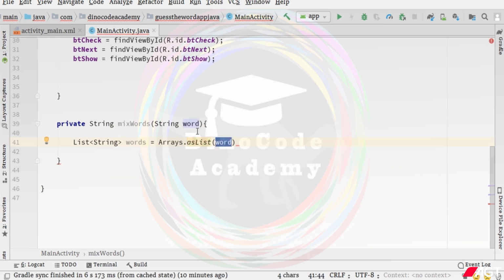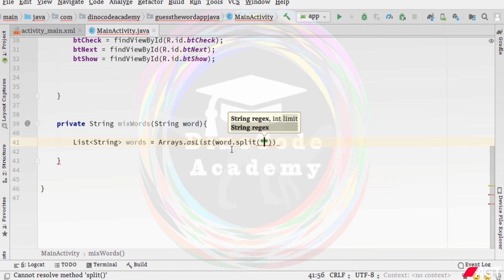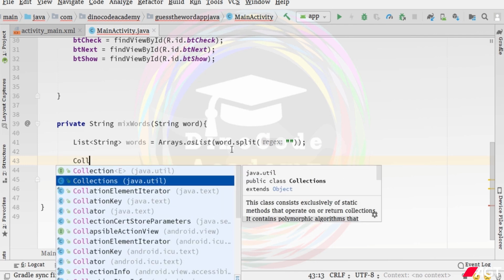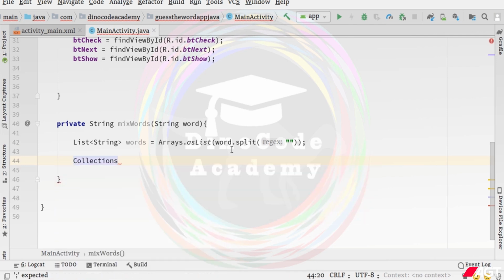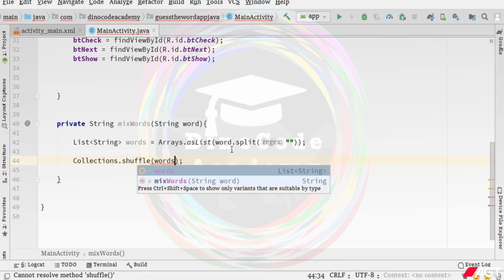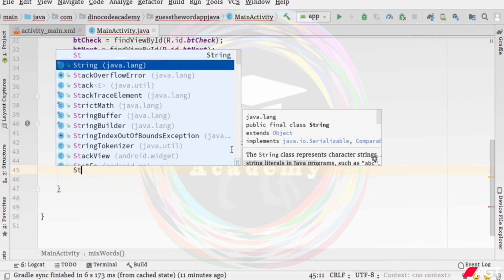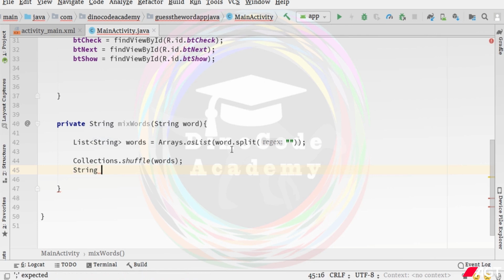Now this word is actually the parameter that we have specified to this method. So now let's type more code. So dot split and then here simply type empty brackets and at the end a semicolon. Now it's time to use the Collections class. So this is the second one we want, Collections dot shuffle, which will shuffle the alphabets of our array variable, and then a String